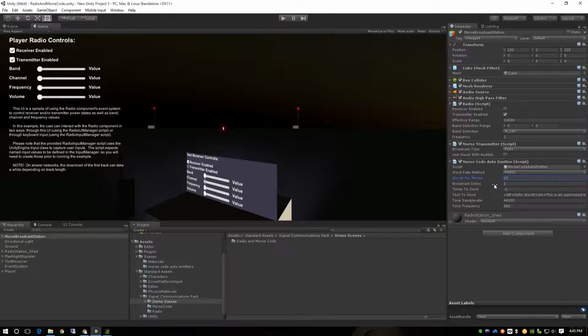The broadcast delay is the time in between these messages. So it'll be the time that you delay for the start of the very first playthrough, but then also the delay in between each playthrough. For the number of times to send, -1 just means it sends infinitely, and anything else is how many times it's going to send. The text to send supports standard as well as non-standard,